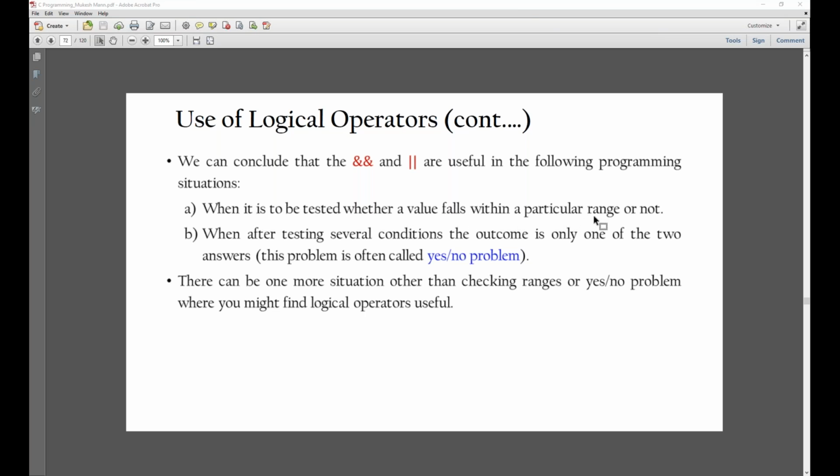Sir, where, sir, associativity and following programming system, when are they useful, when it is to be tested whether